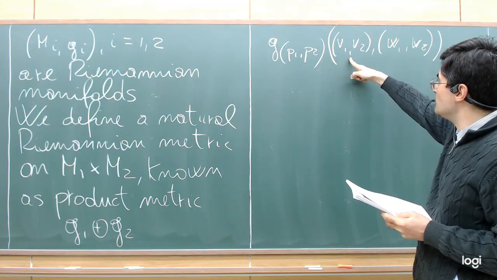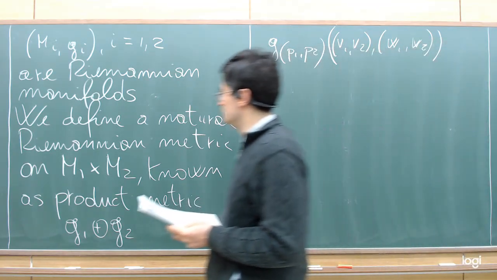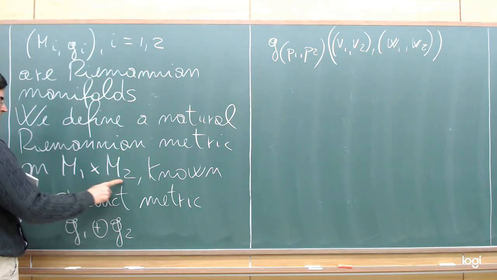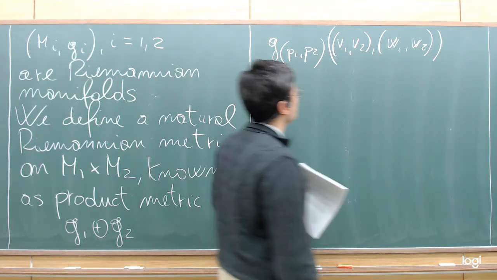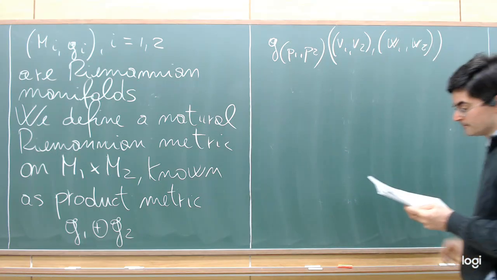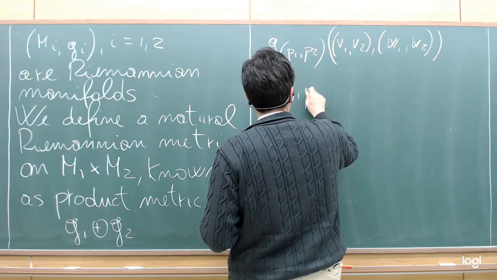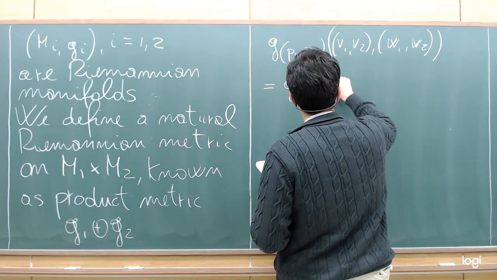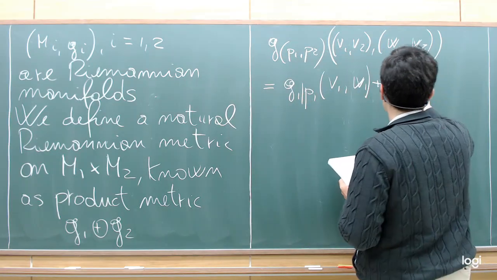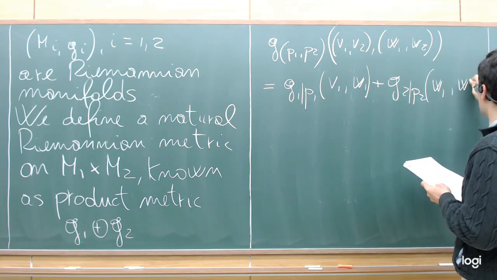This pair represents a tangent vector to M1 times M2, and the same is true for this pair, and this is equal to G1 at P1 of V1, W1 plus G2 at P2 of V2, W2,